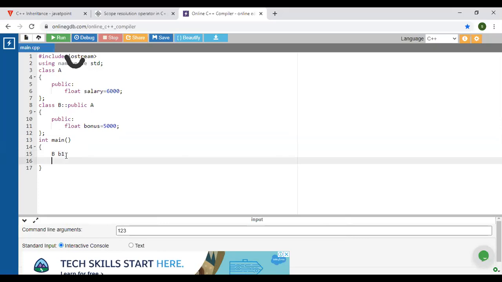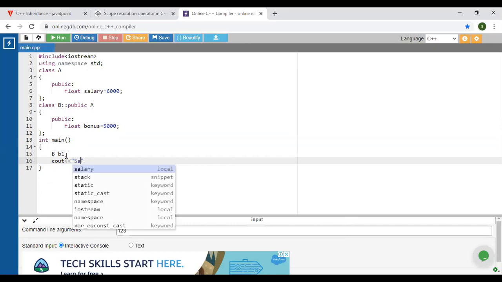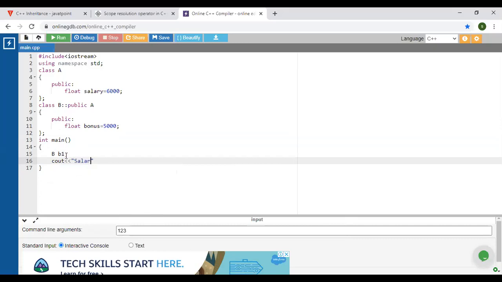as B1, then display that salary. How are we going to display that salary?